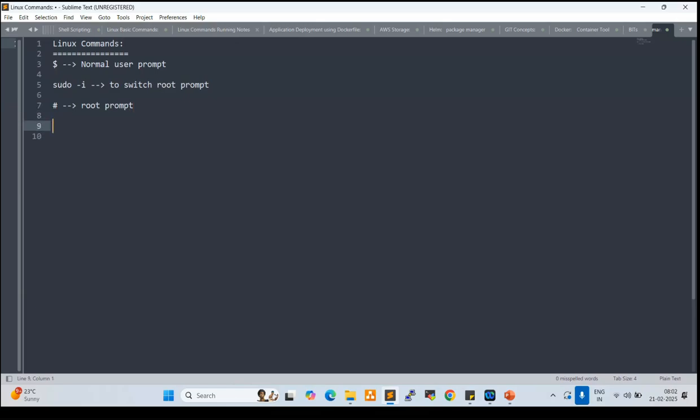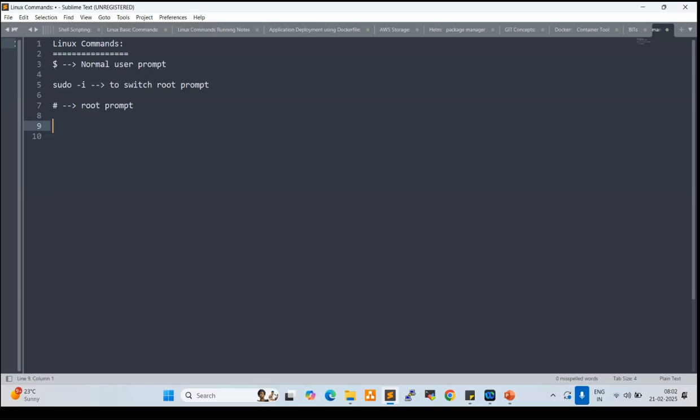Next, once we log in and switch to root, we need to change the hostname of the server. What is hostname? Hostname is the server name. Why do we need to change the server name? For example, say we open 10 servers, 10 PuTTY consoles at a time. Which server belongs to which project or application?